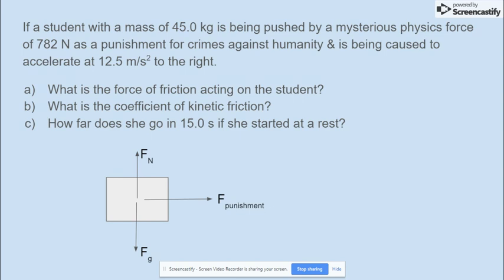And then the last thing, the question is asking for a force of friction, so there's probably friction involved. So that would be going opposite of our punishment force. And I noticed maybe in my picture, not necessarily perfect, but my force of gravity and force of normal are about the same. My force punishment is a bigger arrow though than my force of friction, because it tells us in this problem that our student is accelerating, so that punishment force must be stronger. A couple things just looking at this picture that are really good to recognize. Frequently, it'll be the case that our normal force and force of gravity are the same, unless there's something strange going on, we're at an angle or a ramp or something. Probably 99% of the time that'll be the case. So just a good thing to recognize. Another thing to recognize